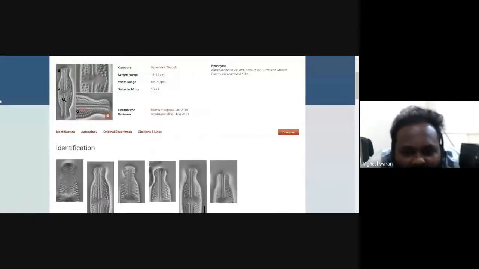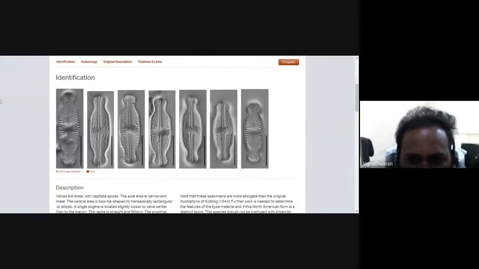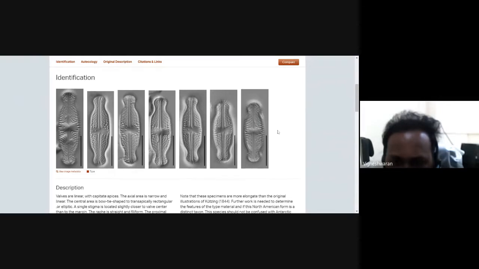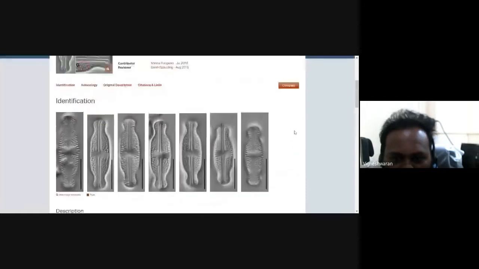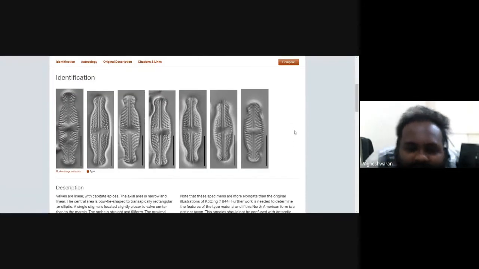Luticola is one of the genera. Here, as I told you, the diatom will go through size reduction. As you see here, this is the smallest wall of the same species. In the first image, it is the bigger one, and the last one is the small one. So bigger wall, then another small wall, then another one, another one. They went like that. Now if I want to study this species and I take only one image of this diatom, it is not at all possible to study it. That is not the proper way either.